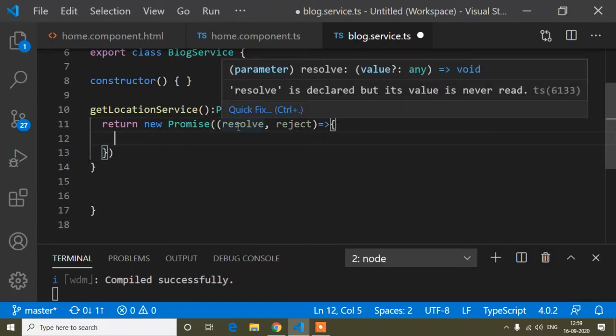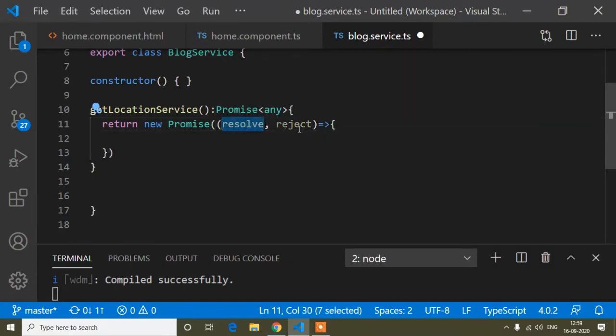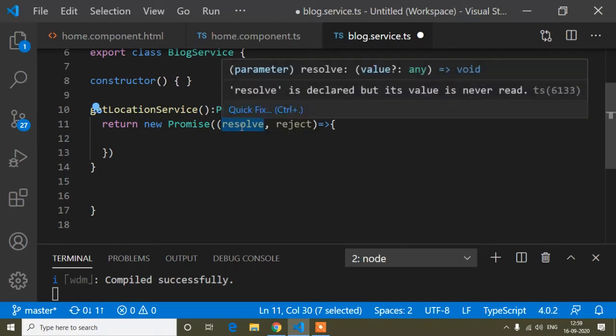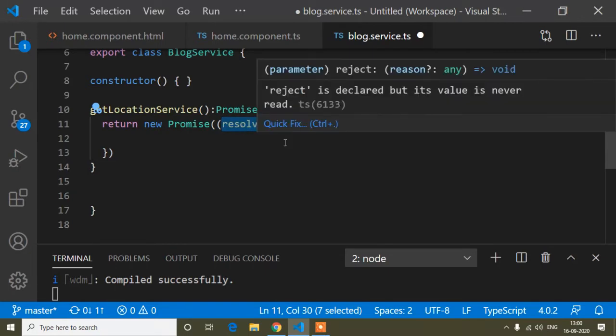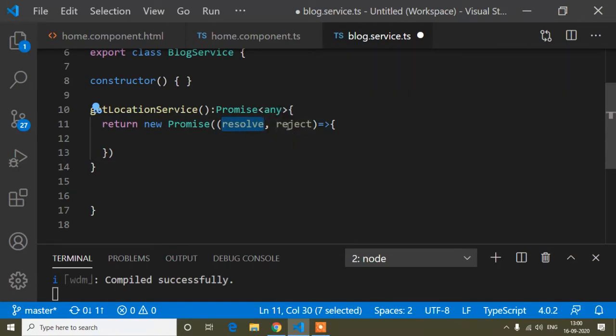So guys, resolve and reject, that means suppose you promise someone that you will do something, this time it takes two parameters, resolve and reject. If you fulfill your promise, that is resolve, and if you cannot fulfill your promise, that is reject.